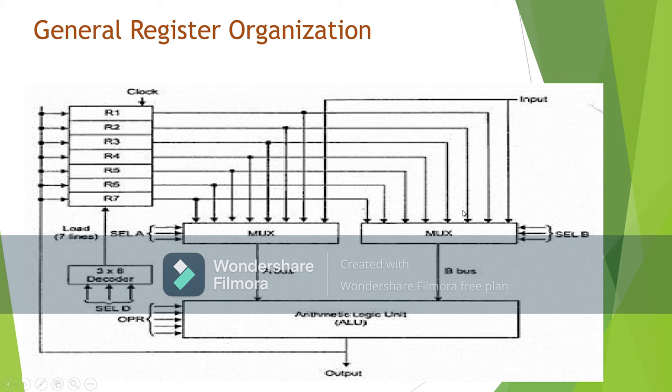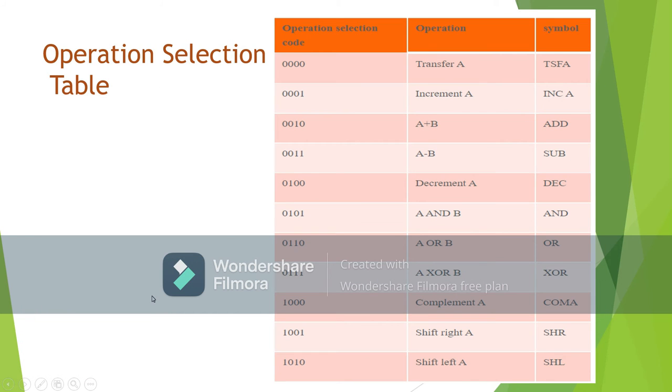Okay, these 2 multiplexers are going to select these registers, and these will be selected to store the operands, means on which you are going to perform the arithmetic or logical operation. Okay, and this select D is going to select the destination register where the data will be stored. Okay, then we have one more select signal OPR, which is also called as a control input. So it will select that which operation is to be performed, and its table is given over here, operation selection